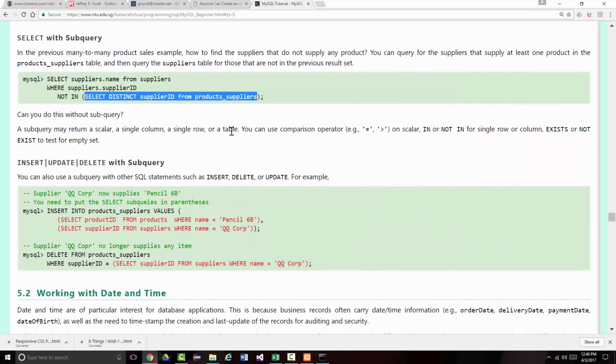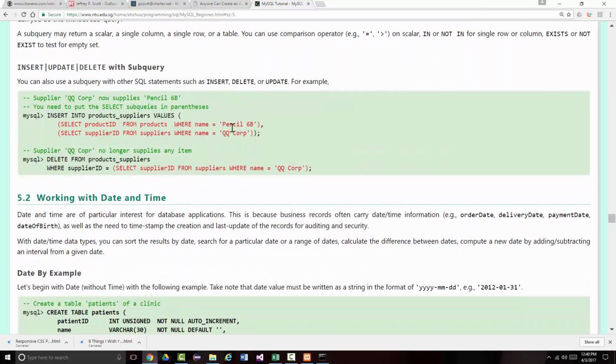Now you can write subqueries to do just about anything. Okay? So notice we're saying here, you can use a subquery with other SQL statements such as insert, update, or delete. If we look at this, we've got here, select product ID from products where name is pencil 68. So it'll give you that product ID. Alright, select the supplier ID where this is QQ Corp. So in other words, if I run these two queries separately,